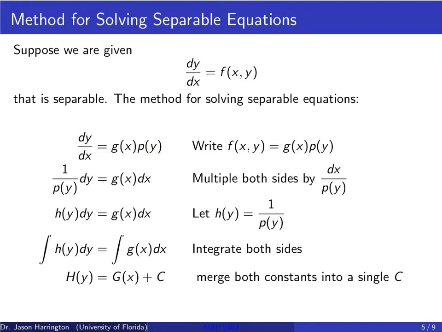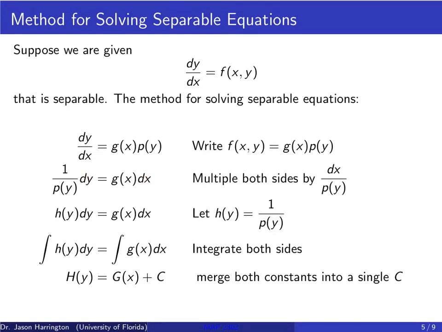So in other words, if you start with dy over dx is equal to g of x times p of y, you can simply multiply both sides by dx divided by p of y, and you get all the y's on the left-hand side and all the x's on the right-hand side. Now you want to be careful. You want to make sure that you don't have any d of a variable in the denominator. It has to be by its lonesome on the same line.